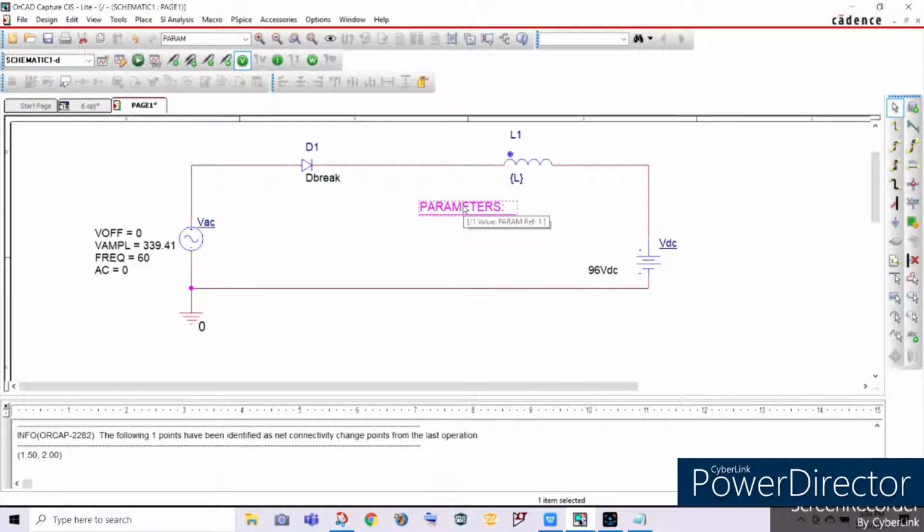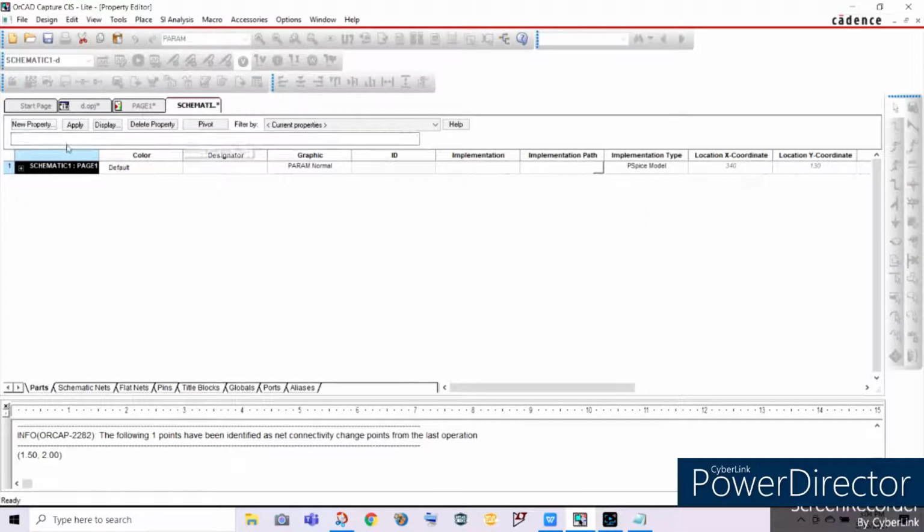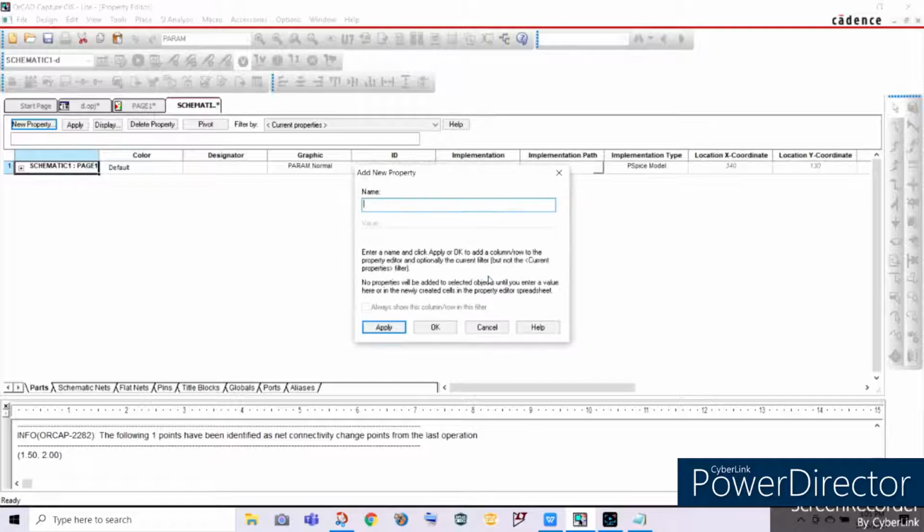Now, to set the parameters, we should double click this one. And now, as you can see here, an editor will pop out. And to edit our variable or our parameter, we should select here New Property, click yes, and then we